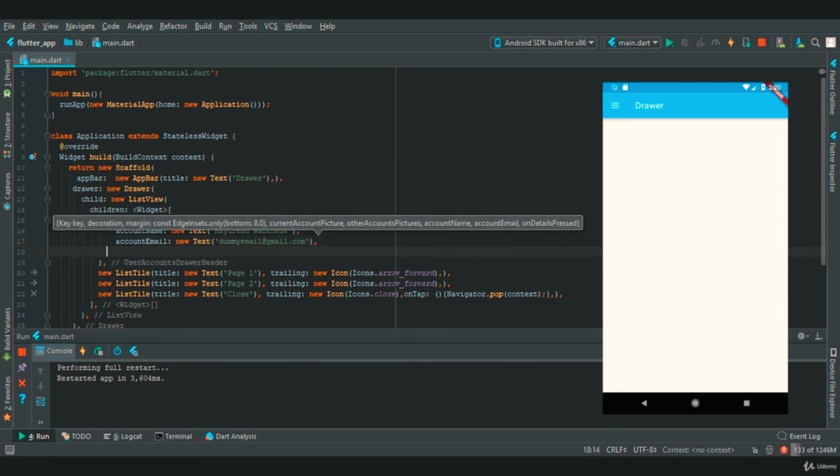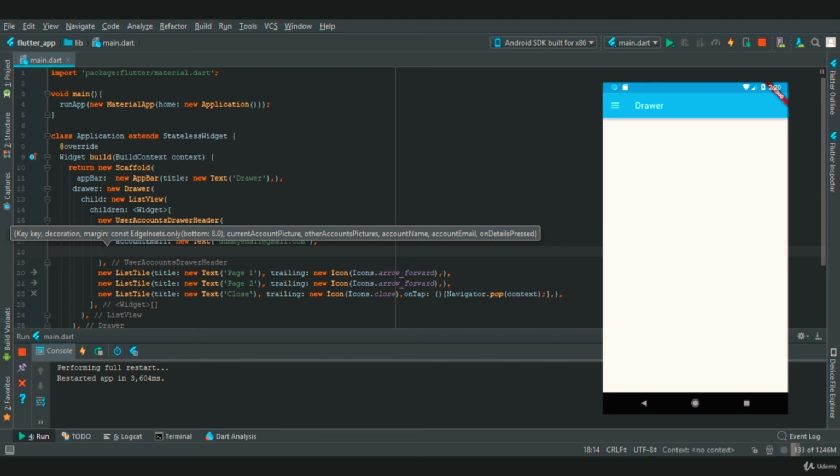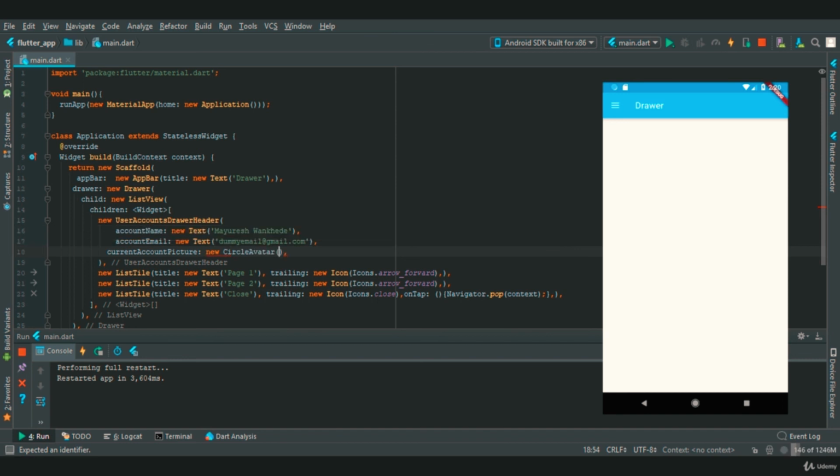Now the next property that we are going to see is current account picture, which takes a widget, so we are going to provide a new CircleAvatar. In this we are going to set a background color as Colors.black26, and we are going to provide a child which will have a text, and we will say M, the initial of my name.